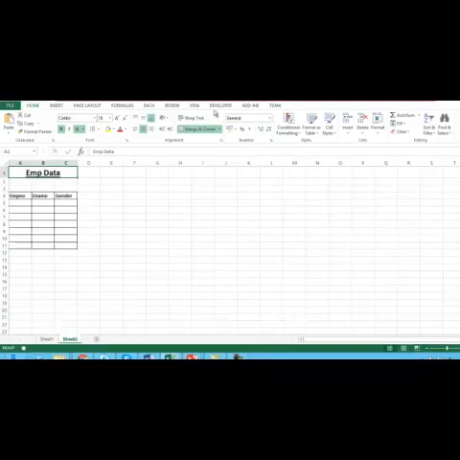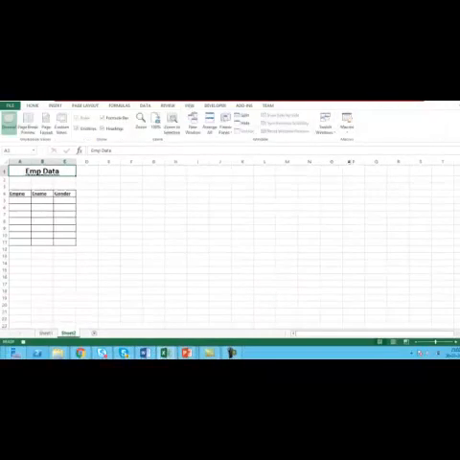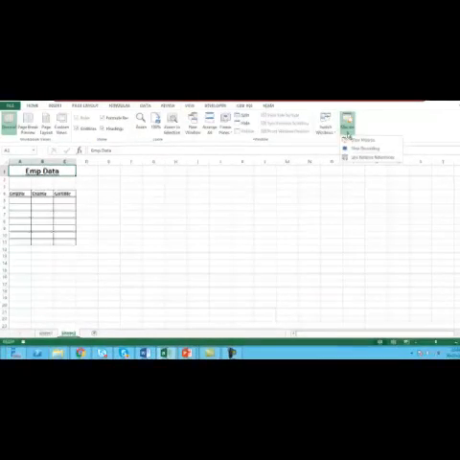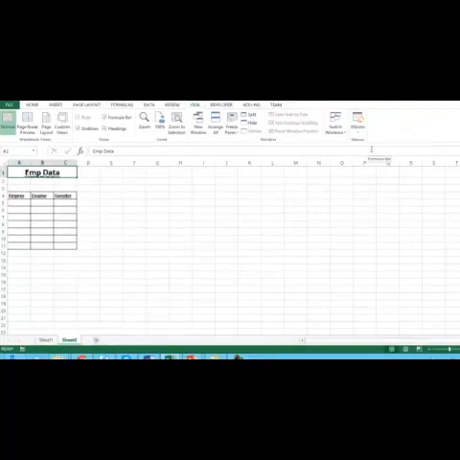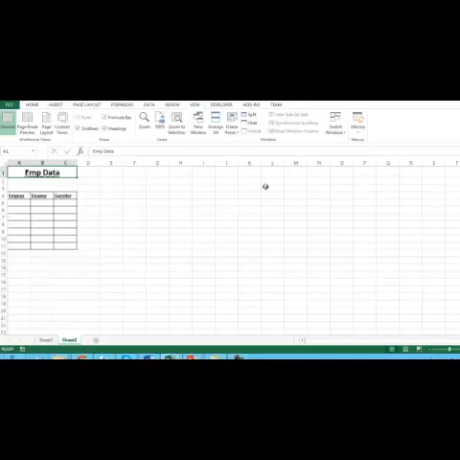Once it is done, you can go back to the View tab, go to Macros, and then stop recording. What is exactly happening is something like recording your voice. Once you record your voice, you can play it back. The same way, whatever process we have done after we started the macro, we have created this format.